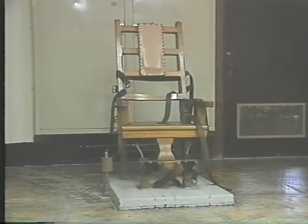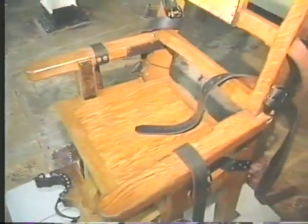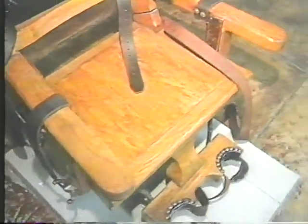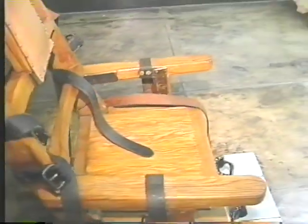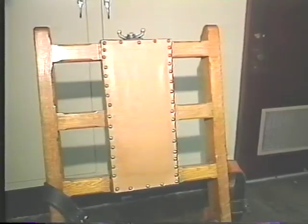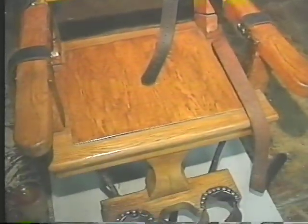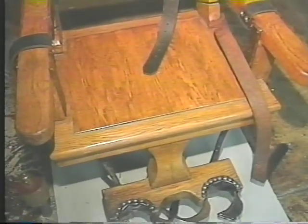Once he's placed in the chair, he's given an opportunity to say the last words that he has to say. The chair is made of oak, and the chair was also made by inmates. The members of the execution squad, they are volunteers. They do not receive any additional pay for this assignment. Now, when the subject is brought in and seated in the chair, strapped in with his headpiece and face mask and the connections made,